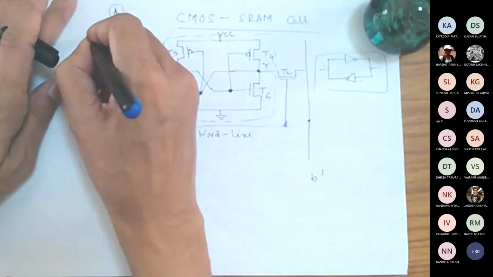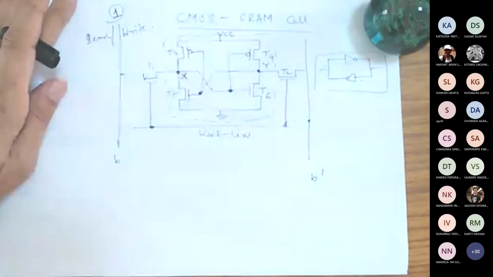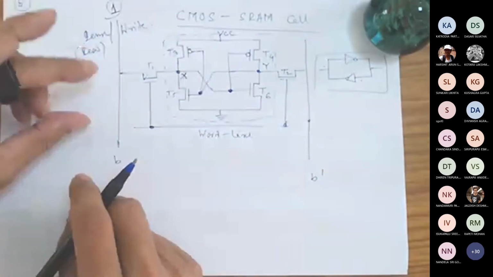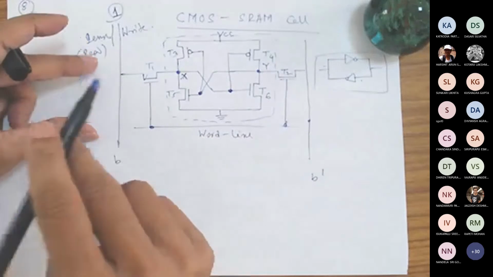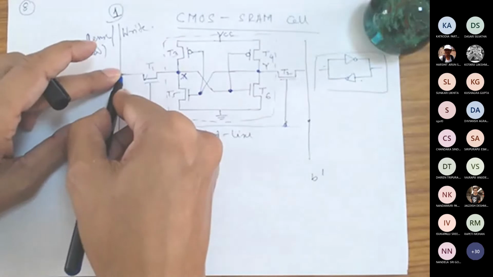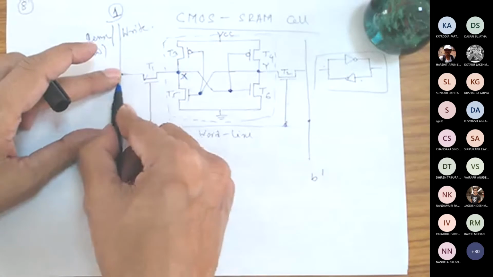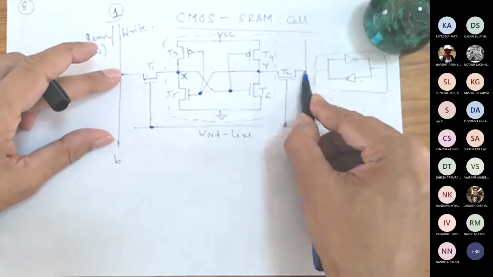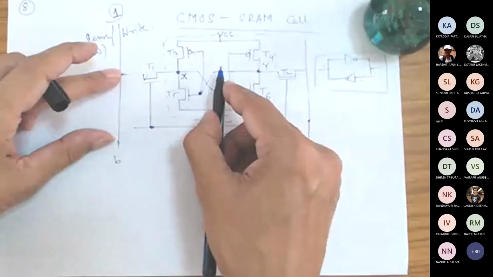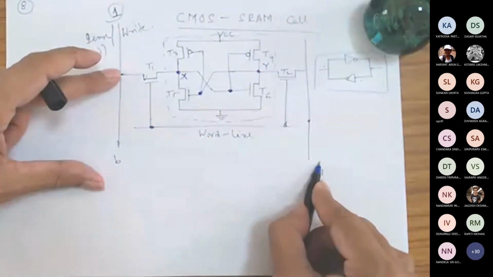So reading means sensing. So this is sense or write. The circuit is sense or write. Sense means read. So it will sense the voltage. When your objective is to sense the voltage here, you just read the voltage. For reading the voltage, you will make this line high. Whatever is X here, it will come here. Whatever is Y here, it will come there. Now by this latch, we already know that whatever is here, its complementary value is here. So that's why if you read B, you will definitely read B complement here.